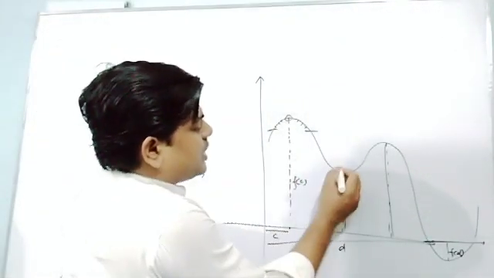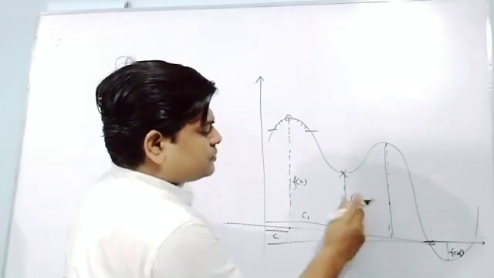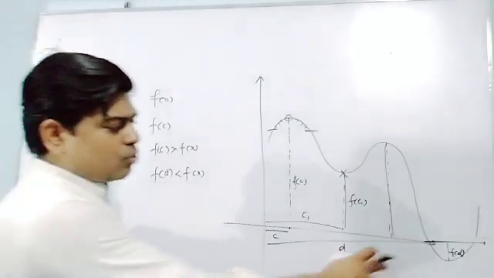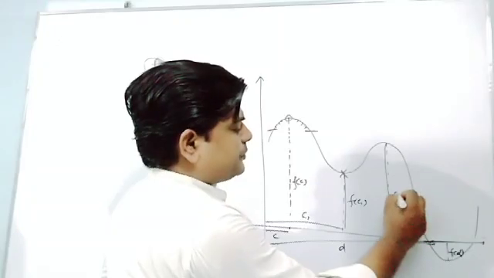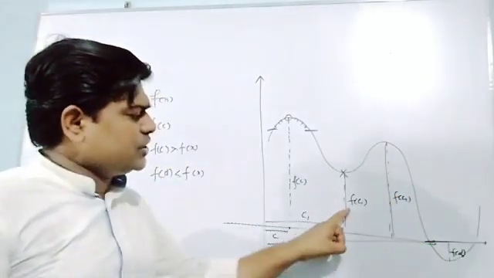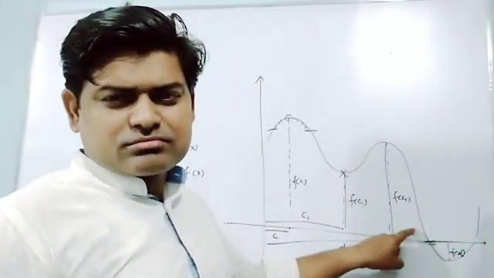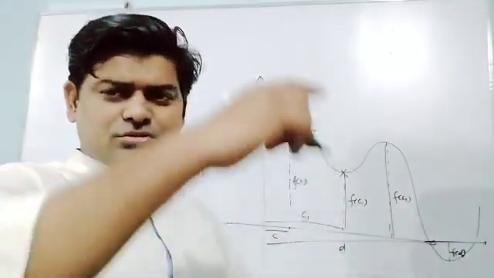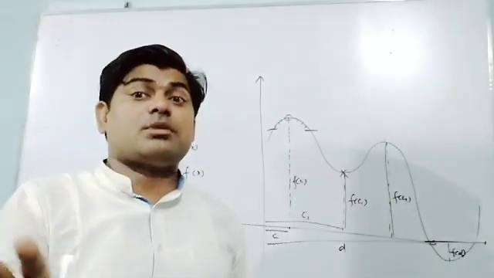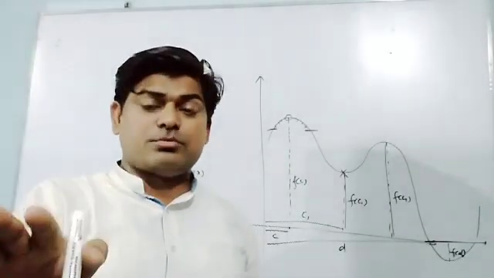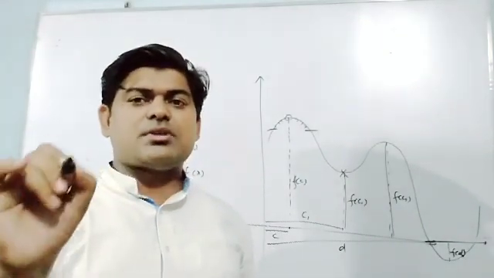You can see here, if I am talking about this point, some other point I have taken here, c1. So f(c1) is less than f(c), but more than f(d). Are you getting me or not? Here also, if I take another point f(c2), I see f(c2) is more than f(c1), but less than f(c). So if we have such a graph, different points can be there where maximum or minimum positions can be, but they cannot be called the absolute maximum or absolute minimum. Please listen to me carefully. These things are called local maxima or local minima.